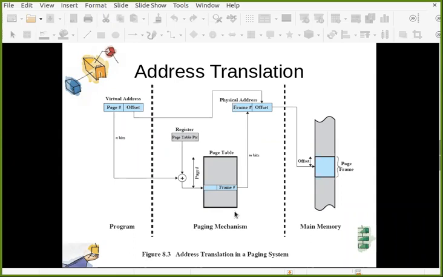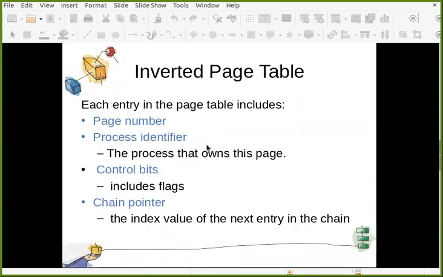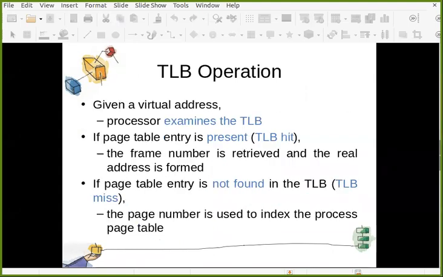And in the cache, we don't have that much space, so we cannot keep the full page table in the cache. So it contains page table entries that have been most recently used, of the same process. Only a few entries are there.